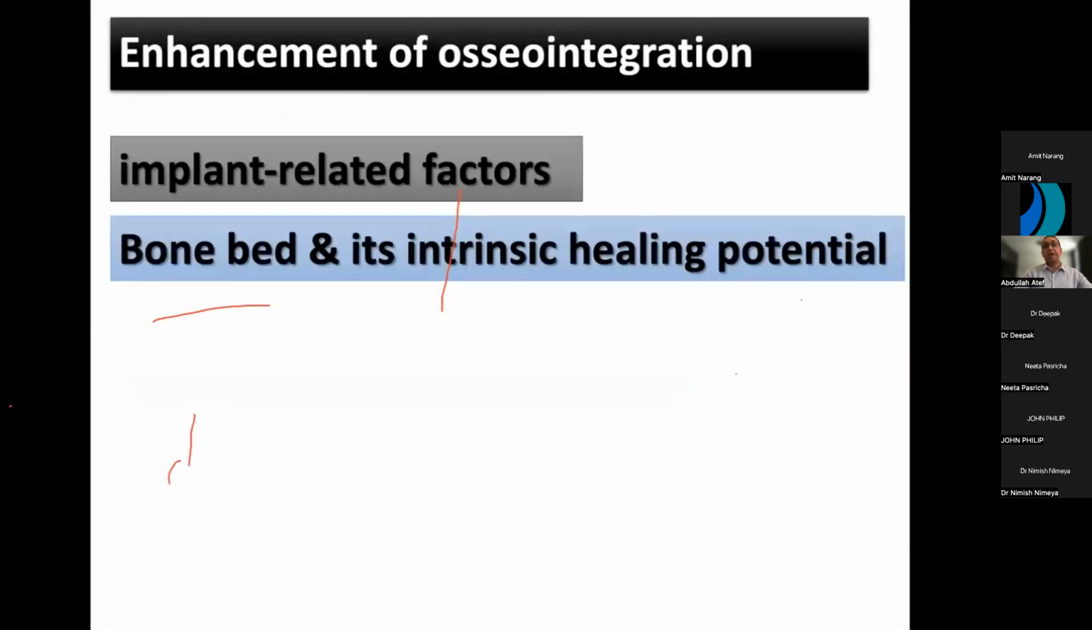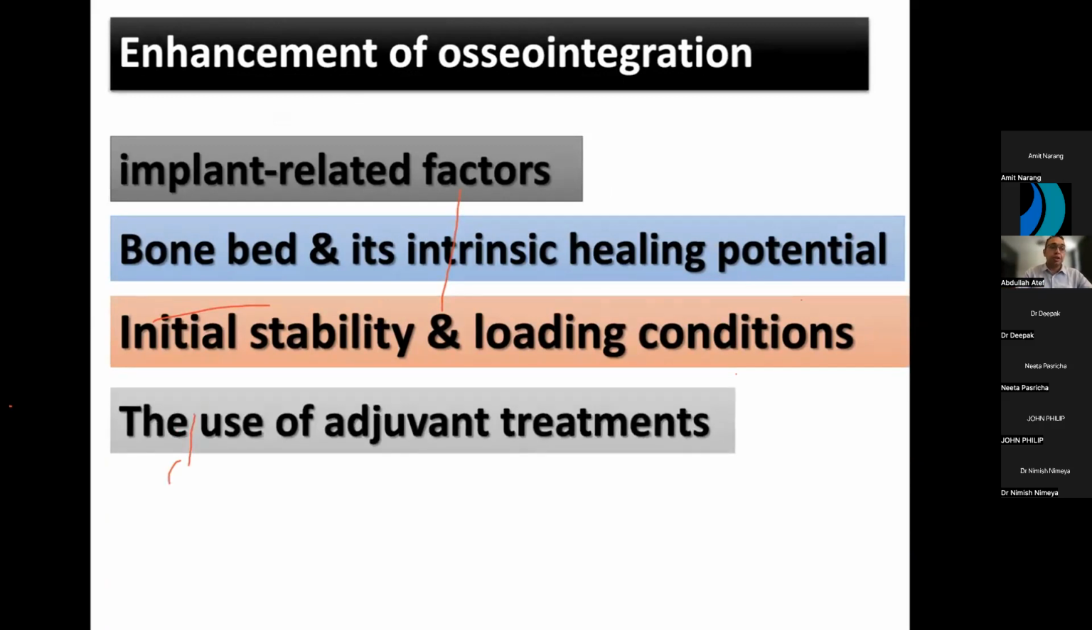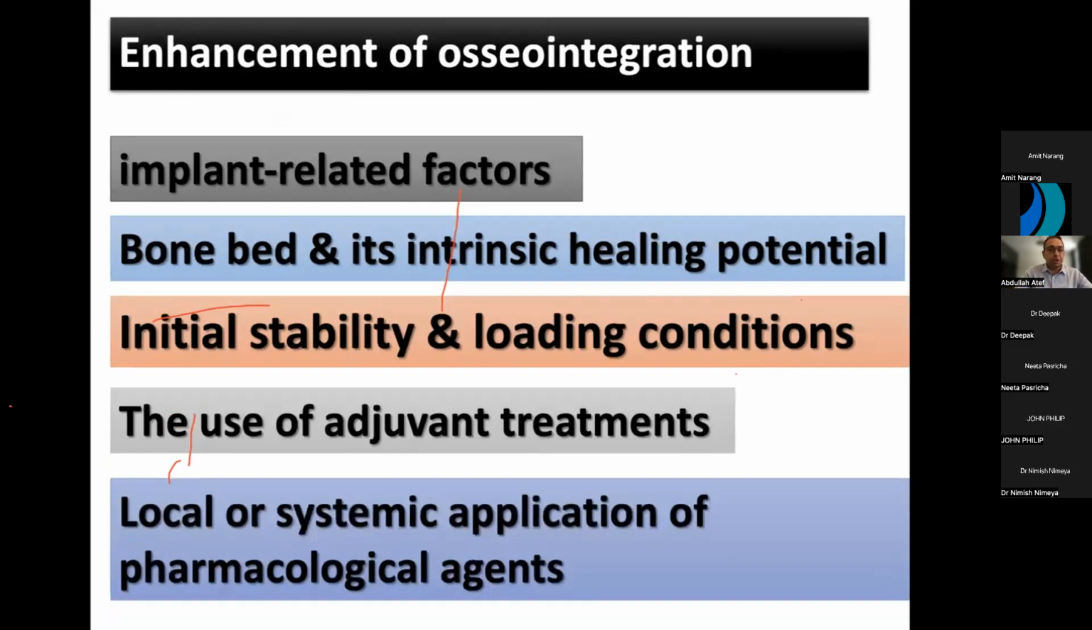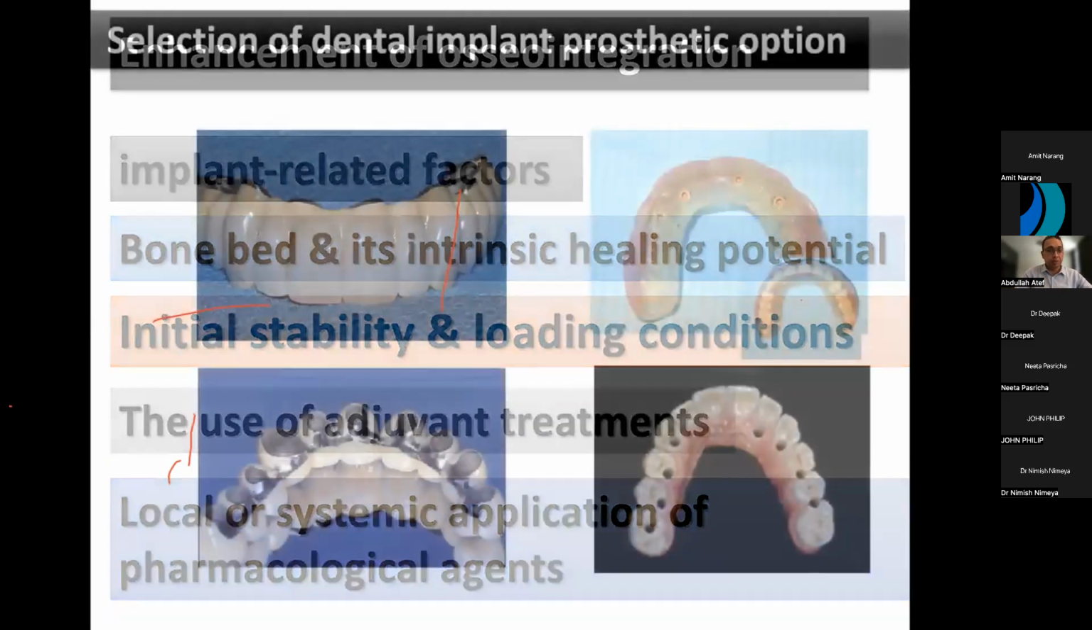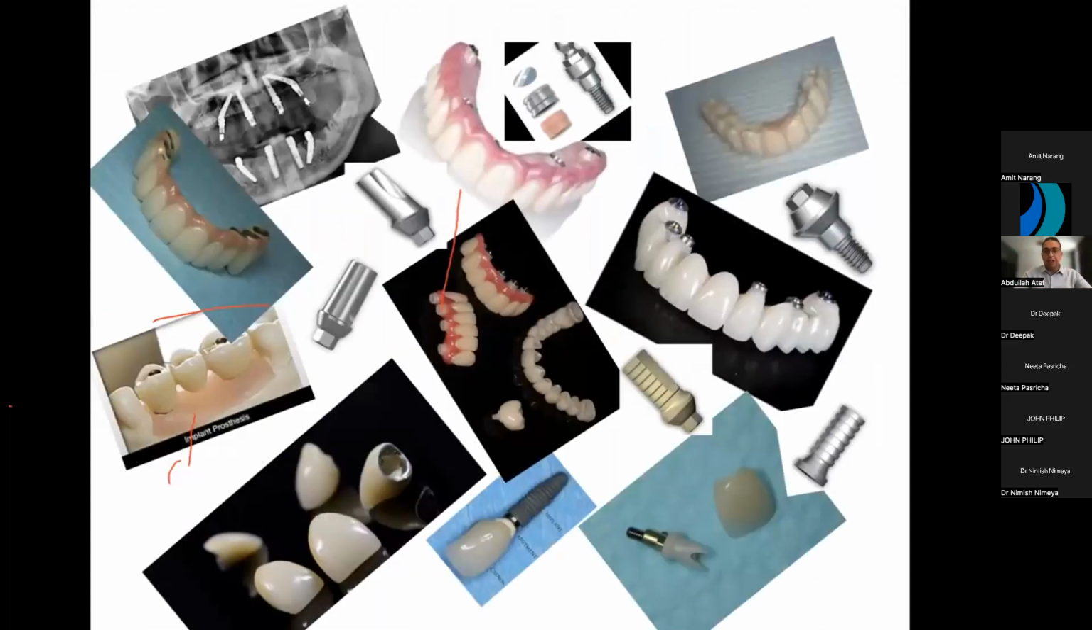You consider enhancement of osseointegration using implant-related factors such as surface area or surface treatment, and about the bone, how to promote bone healing around the dental implant using graft type, and using adjuvant surgery like laser or injections with growth hormone, or some other issues for enhancing osseointegration of the dental implant, and selecting your prosthetic options that fit your idea